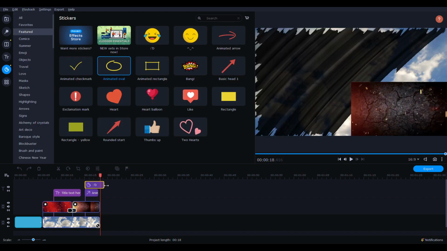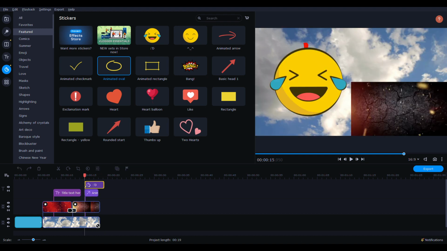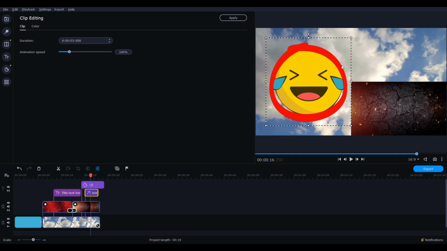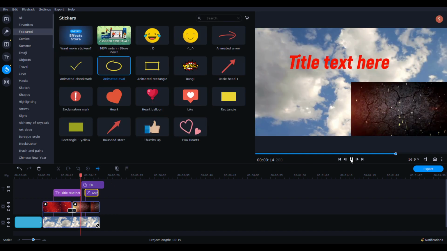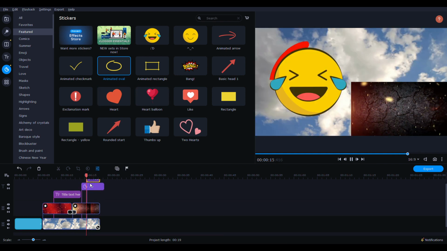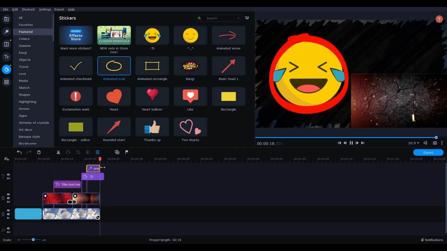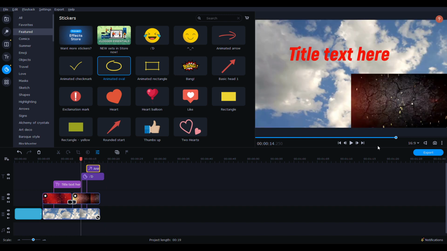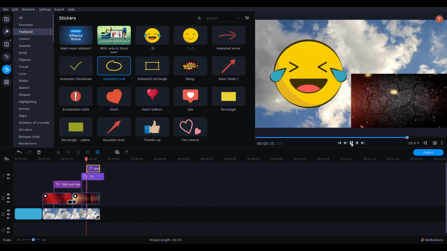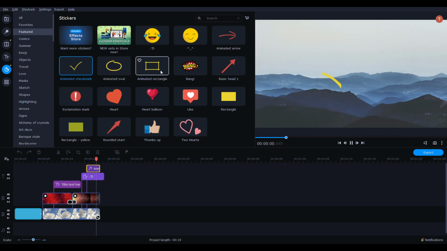And then to make it last longer, you just click on the edges here, and you should be able to drag it. And then the pre-animated oval will circle it. Oh, but it's on top. We want to put it like that. So the layers down here, if I put something on top here, it's going to show up on top in the video. So, like that. We also have a check mark, an animated rectangle, some animated arrows,